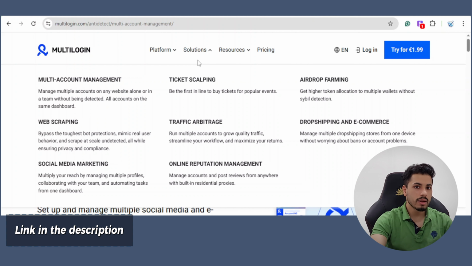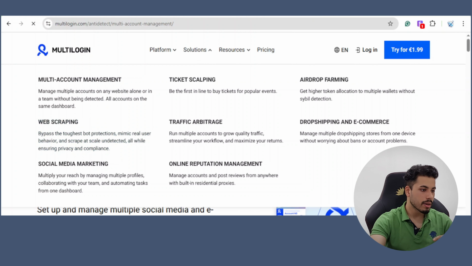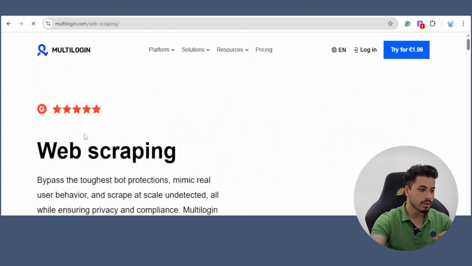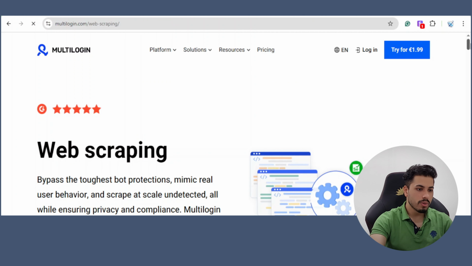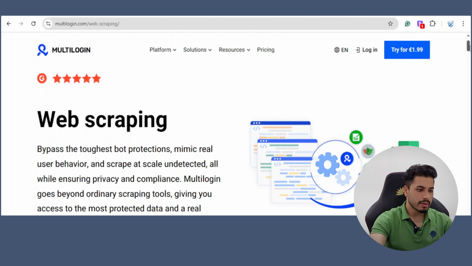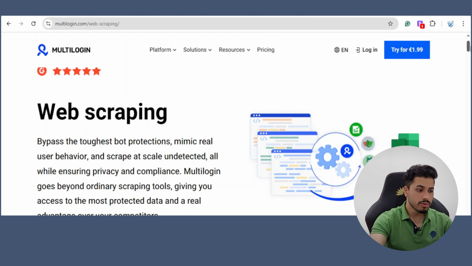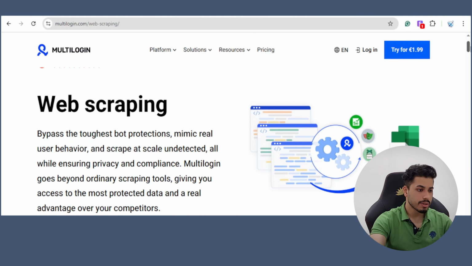Another interesting thing that they're catering to is web scraping. If you are a scraper, or an email marketer who has scraped a lot of emails in the past and wants to reach out to thousands of prospects around the globe, then this is again an interesting problem that they are catering to. You can bypass the toughest bot protections, mimic real user behavior, and scrape at scale undetected.